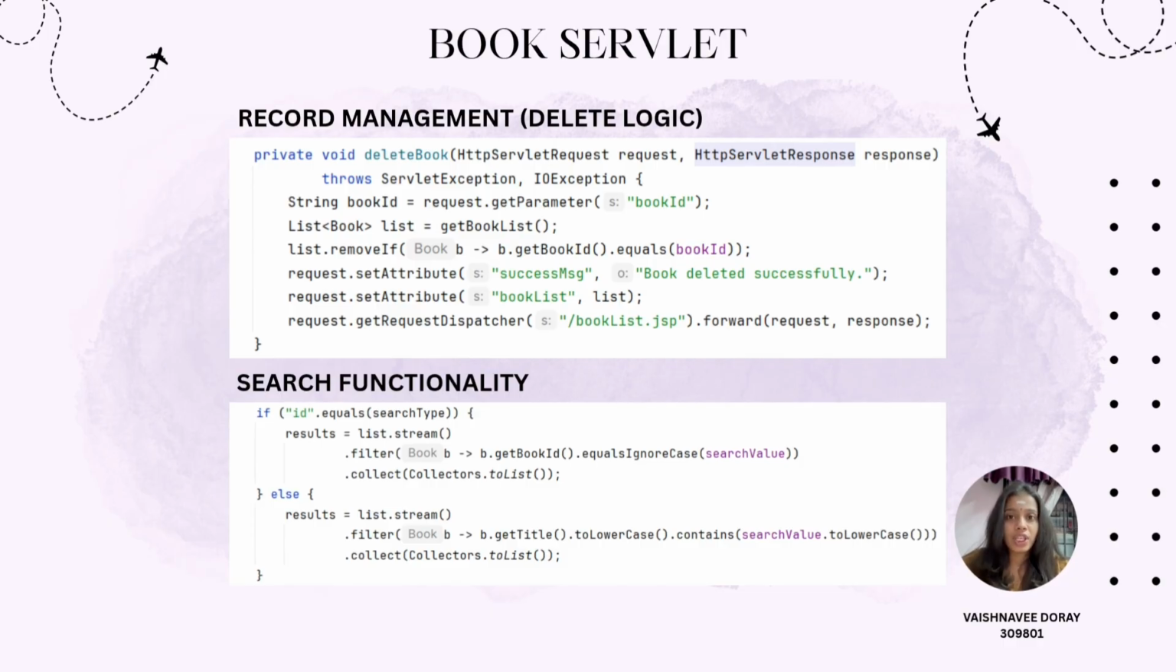For the search functionality, I utilized the Java Stream API. It provides two search modes, which is an ID-based search for exact match and title-based search. For the title, I used .toLowerCase and contains. This makes the search fuzzy and case insensitive, so user can find books even if they only type a partial